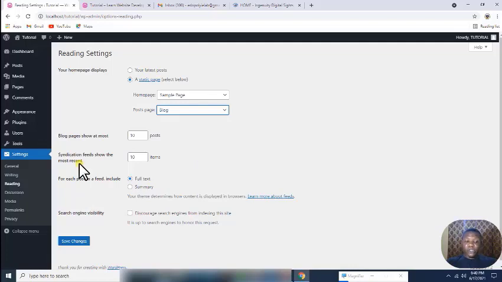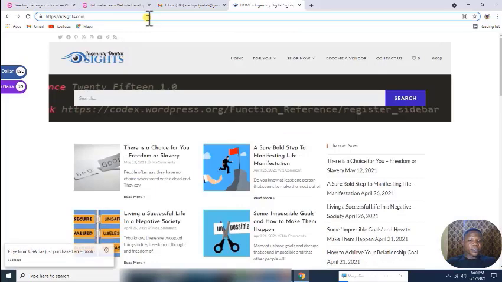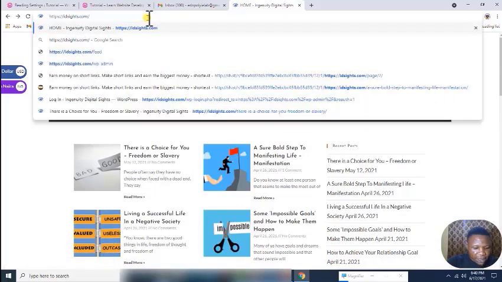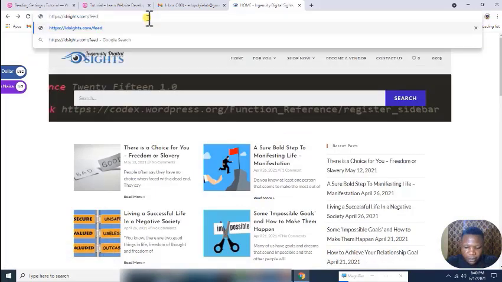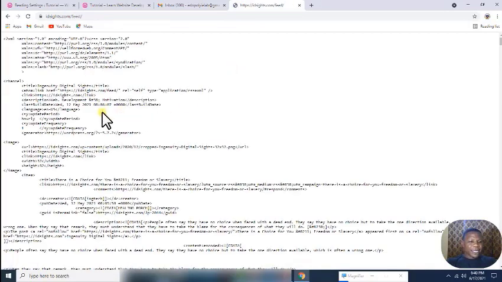So this syndication feed works with RSS. I'm still going to explain RSS, but let me show you what I'm actually talking about here. If I put my blog address and add /feed, you will see